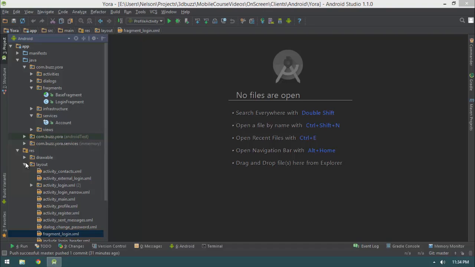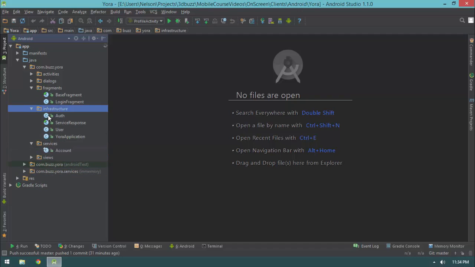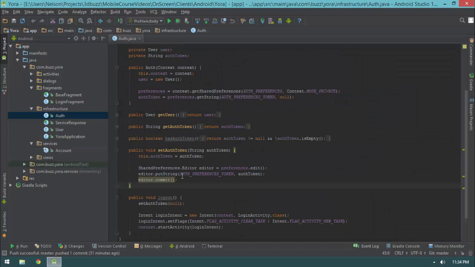In this video, we are going to implement our local authentication token being saved. So what do I mean by that? Well, we saw in the previous video how we modified our auth class to support the ability to set its auth token and have that auth token saved into our shared preferences so that if we were to close the application and come back to it, we would still have our authentication token and thus still be able to log